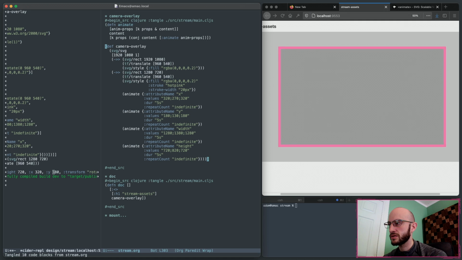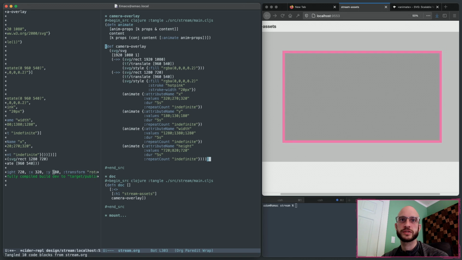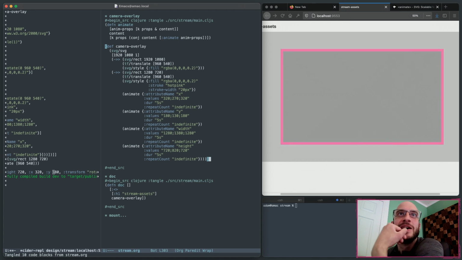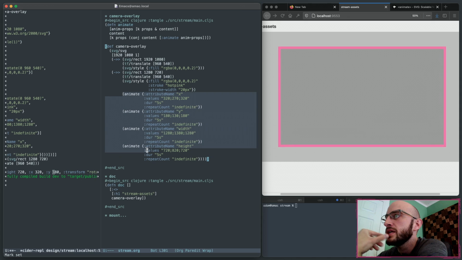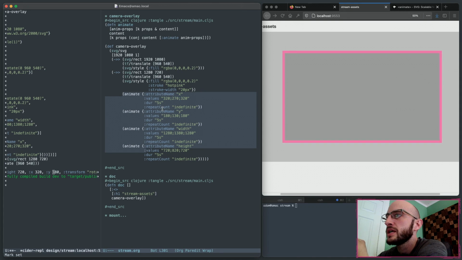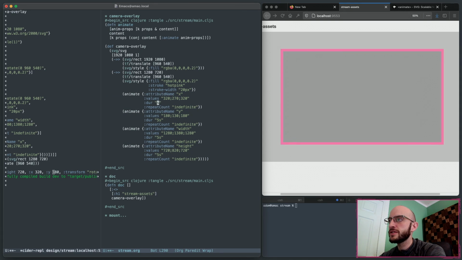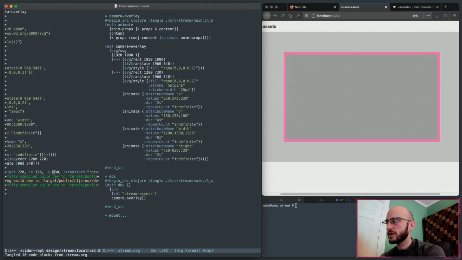Yeah, so that works. So what's going on here, it's just animating. I just have 4 animate tags, each animating a single property. If I change the duration so they're not equal to each other, but they're multiples of each other, you should get kind of a weird